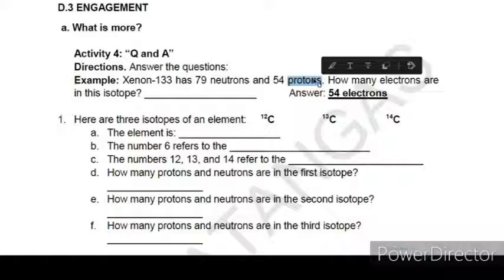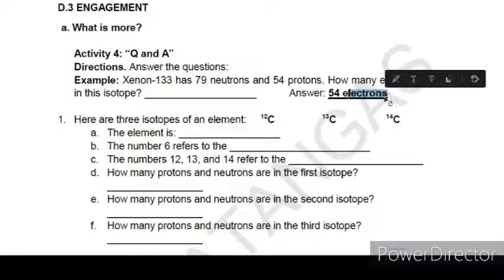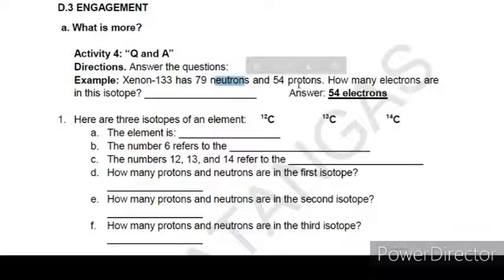So again, the protons are the positively charged particles. The electrons are the negatively charged particles, while the neutrons are the particles with no charge. Protons is equal to electrons, but protons plus neutrons is equal to the atomic mass or the mass number of the element. For number 1, here are 3 isotopes of an